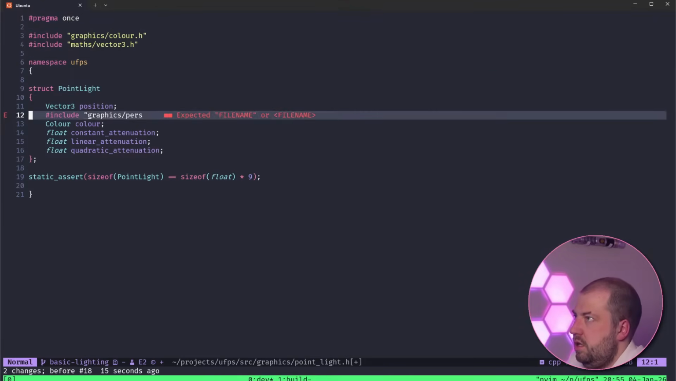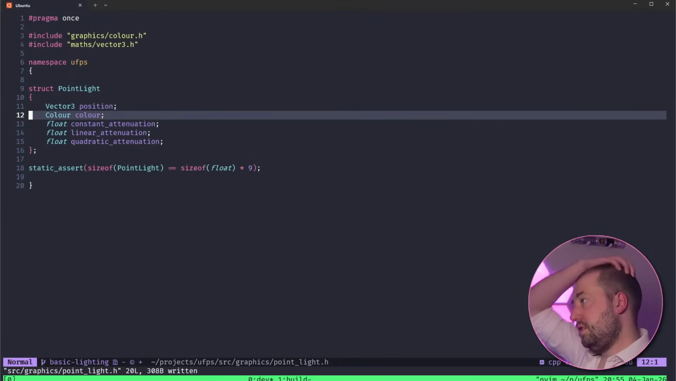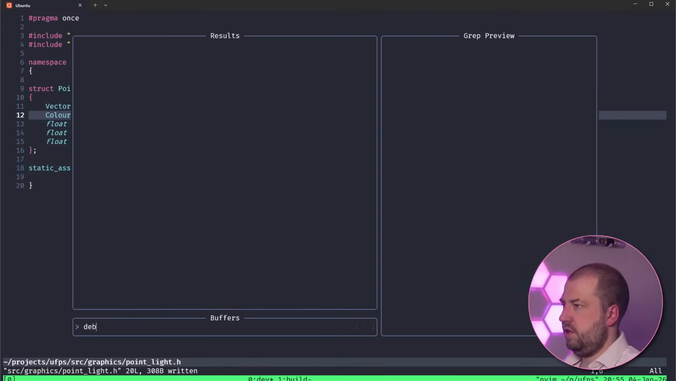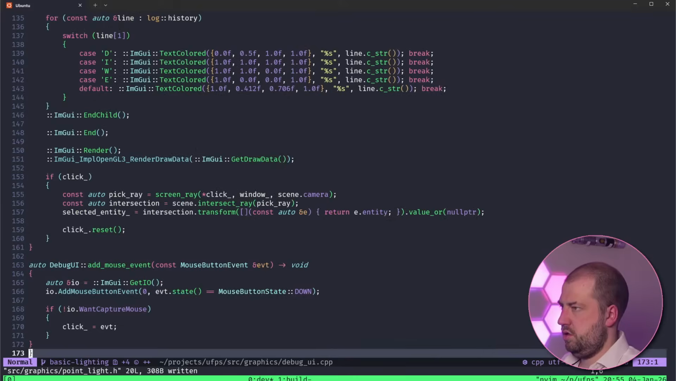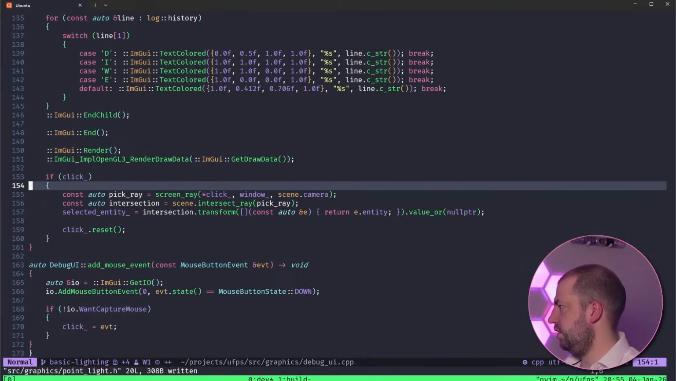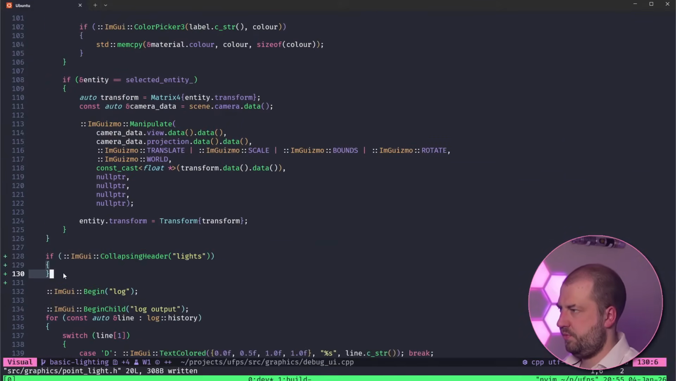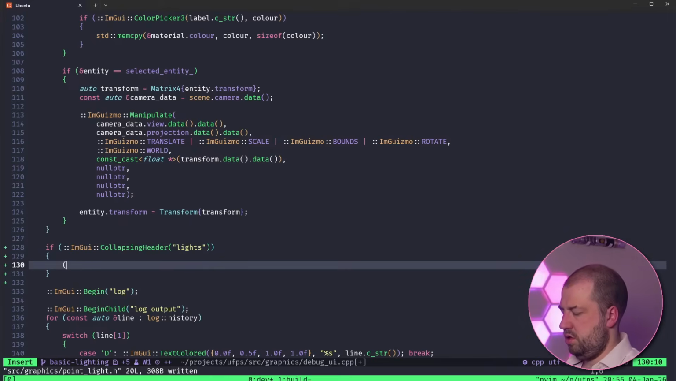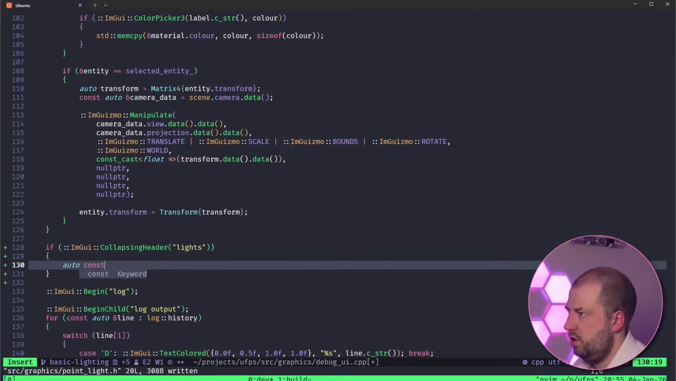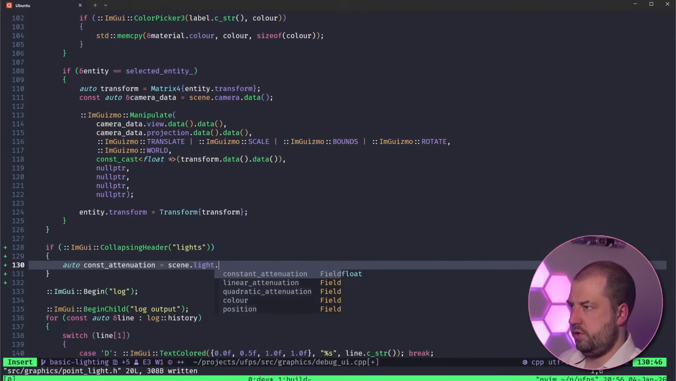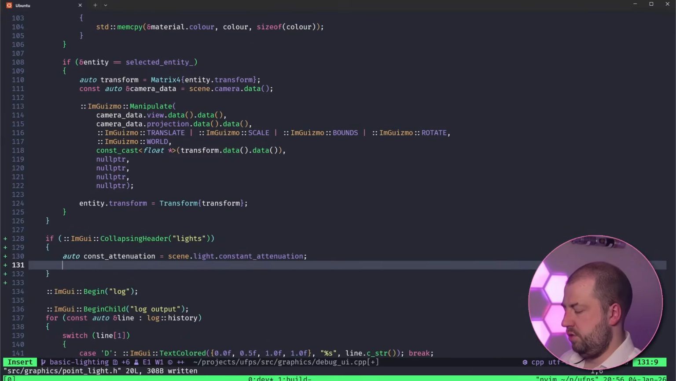Okay. It seems to be potentially the attenuation is wrong, so let's wire those in first. Okay, so I want, what's the slider? Is it float? Hang on. Let's do auto const attenuation. Attenuation equals scene.light.constant attenuation, and then we do if